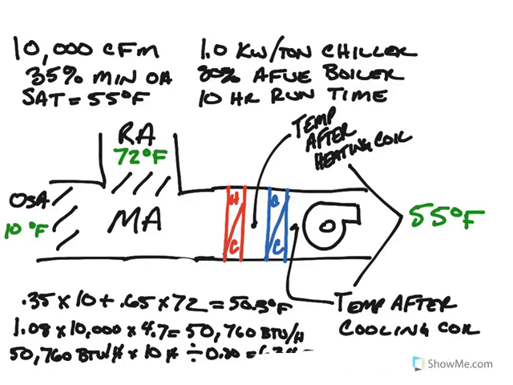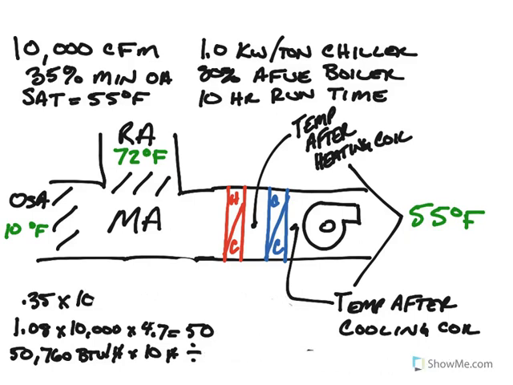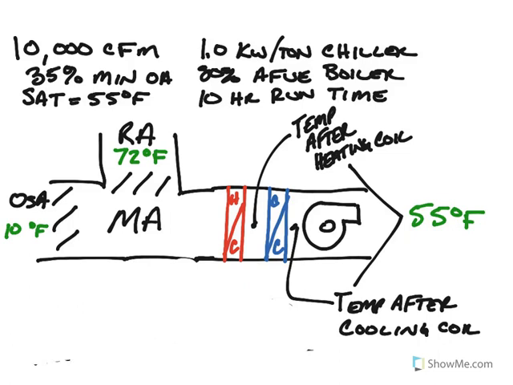So let's do one more scenario looking at the cooling side. And so again, we're going to say now that our outside air temperature is not 10, it is, we'll say, 90. So right now, you don't even have to go through the process of figuring out if you're going to violate minimum outside air, because you for sure are. 90 is greater than 55, and 72 is greater than 55. So no combination of those two numbers would ever equal 55. So we can jump right to figuring out what our mixed air temperature is going to be. So we've got 0.35, 35% minimum outside air, times 90, plus 0.65 times 72, and that equals